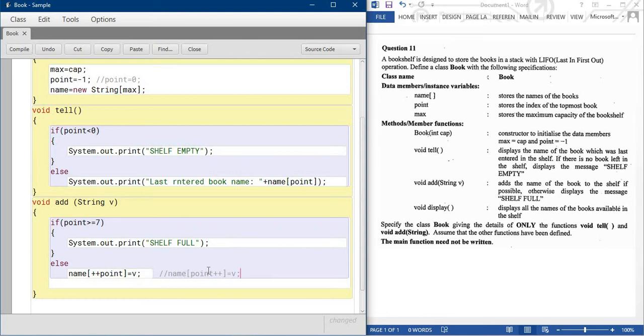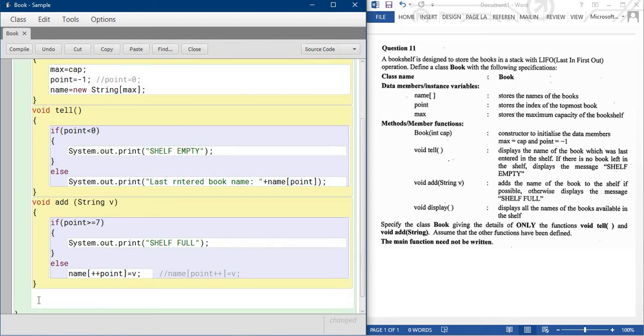Only you just replace the plus. See, in plus you already know we look at the current position first, then move forward. So if starting from 0, we need to put the value in the current position. Next time we need to put the value into the next position. Okay, now this method is over. Every year this program comes, and it is this much. Now the display method. So void display, this small.